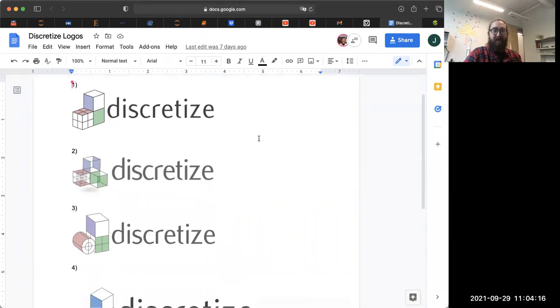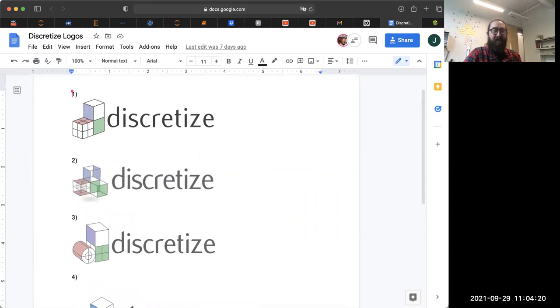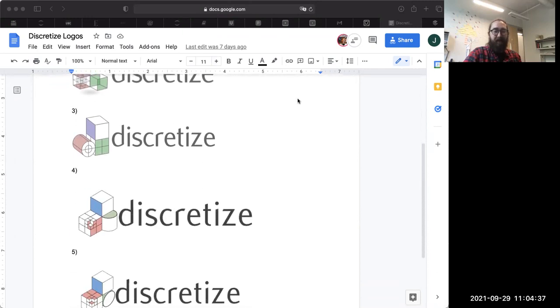So these were some of the logos that we were looking at. I'm not counting myself right now. Dom had added a couple more there at the end. So he added this fourth and the fifth one here.